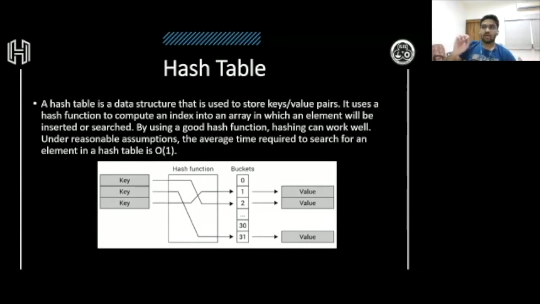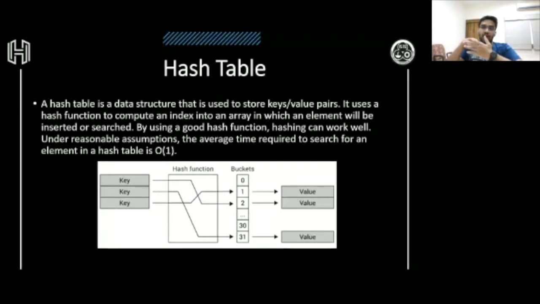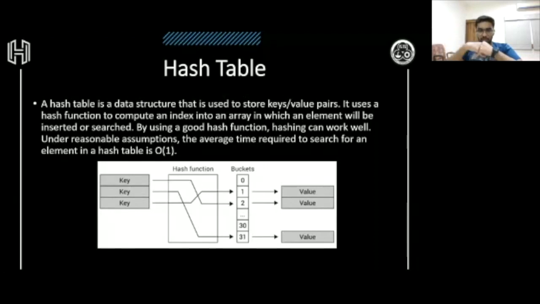Suppose like in the starting of any book, you have an index table. In that index table you have the name of the topic or the name of the chapter, and then a page number corresponding to it. So instead of searching the whole book for the content that you require, you search the index table first, and you see that okay, my required chapter is at page number 40, so you directly move on to page number 40.